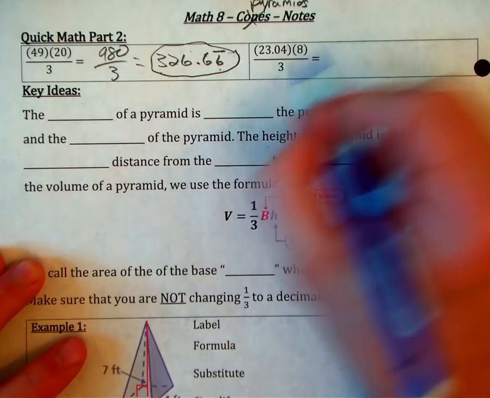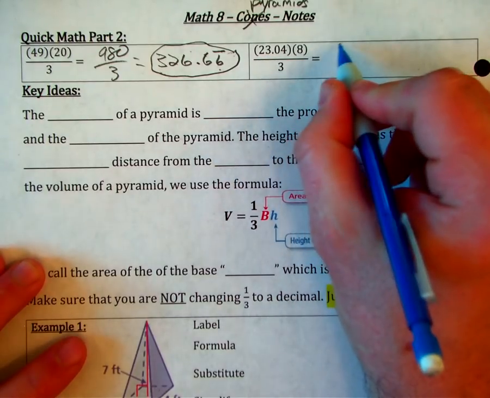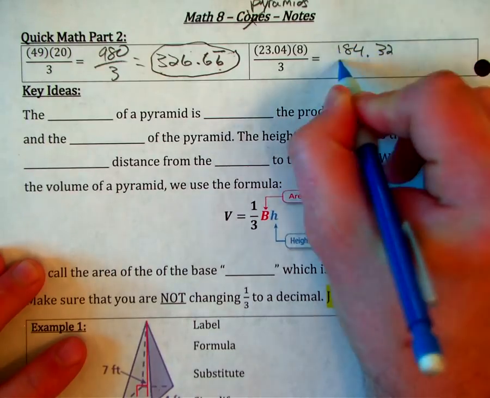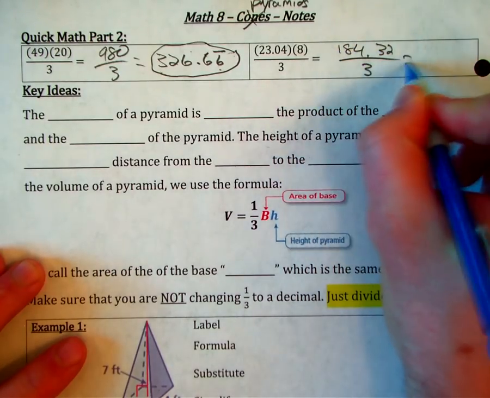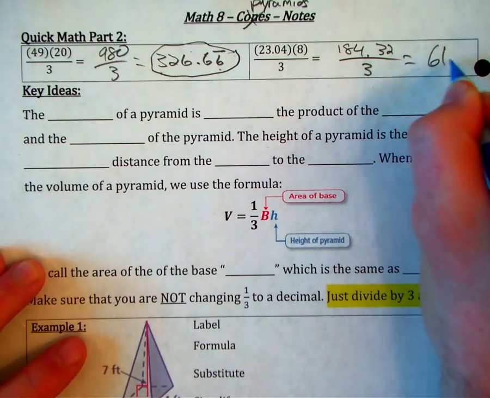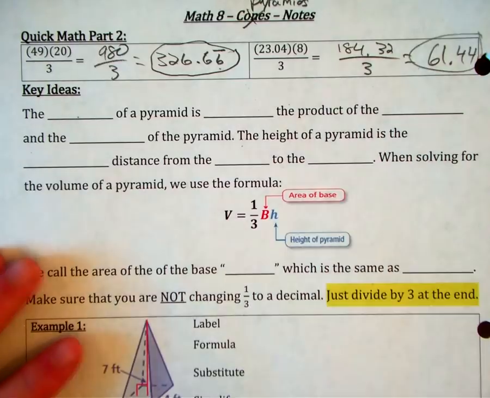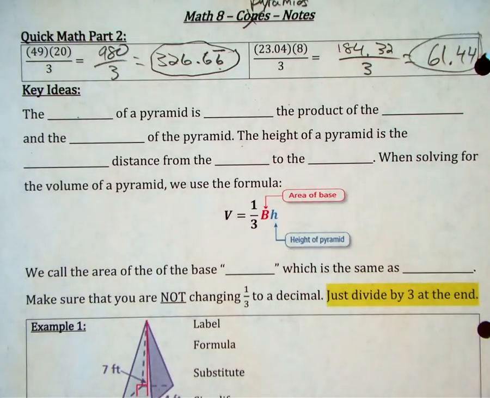And we're going to multiply 23.04 times 8. So we have 184.32 over 3. Divide that out, and you should get 61.44. All right. So just like we've been doing, kind of wrapping up that backside, we have